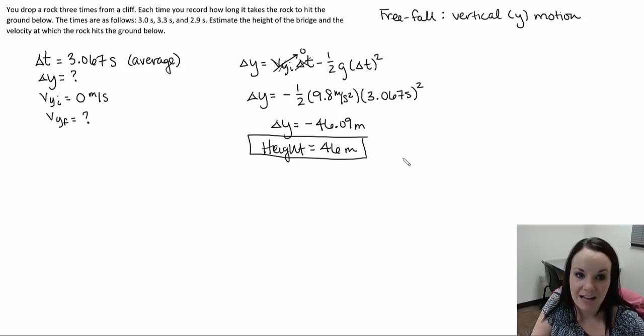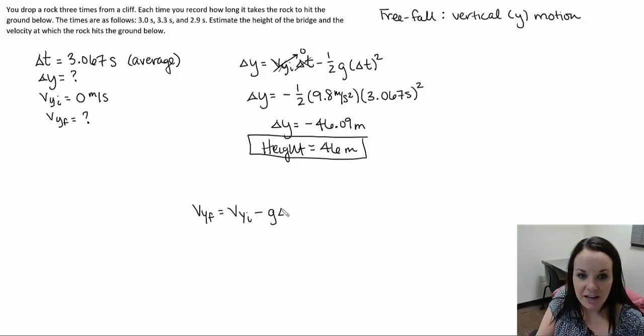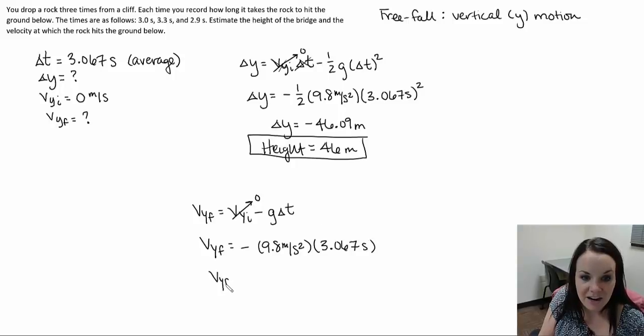Now to answer the second part, the velocity at which it hits the ground below. So the second equation that we can use is another one of our kinematic equations, and it's the final velocity equals the initial velocity minus g times delta t. Just like before, the initial velocity is 0, so that zeroes out. The final velocity is what we're searching for. Gravity is the same, 9.8 meters per second squared, and the time again is the average time of all 3 of our trials. When I multiply this all together, I get negative 30.06 meters per second,